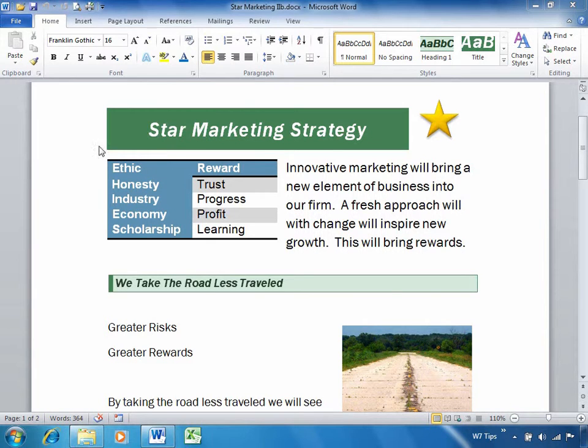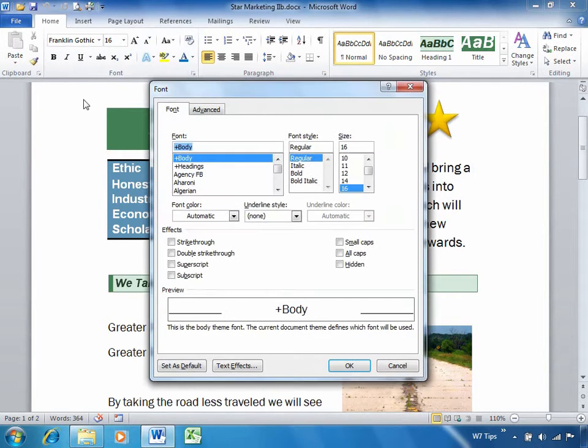For formatting, I turn to the Home tab in the ribbon, and the first block here is the font group, which has the most used font commands. The second group is the paragraph group with the most used paragraph commands. If I need more, I can click on this little link in the corner, which drills me down to the